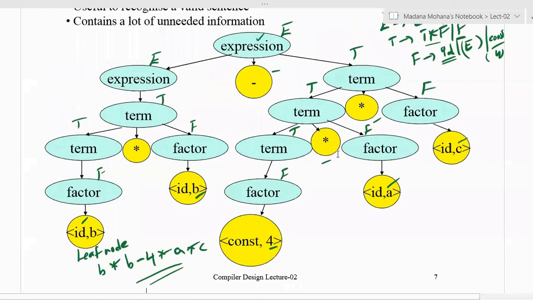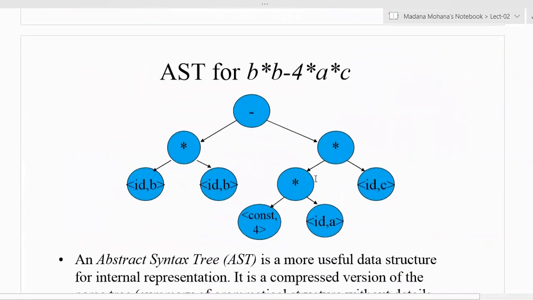In a derivation tree or parse tree, all root nodes and internal nodes are represented by variables of the grammar, whereas leaf nodes are represented by terminals. Whereas a syntax tree can be constructed for expressions without grammar. So we can construct a syntax tree, which is called an abstract syntax tree for the same string.